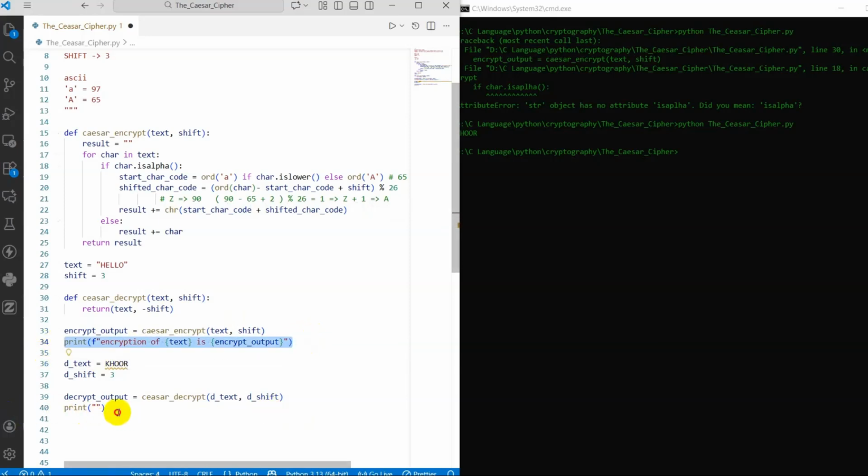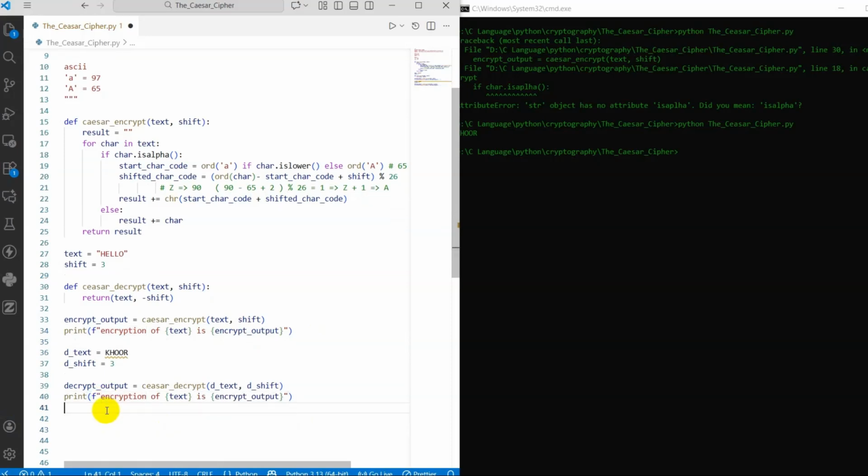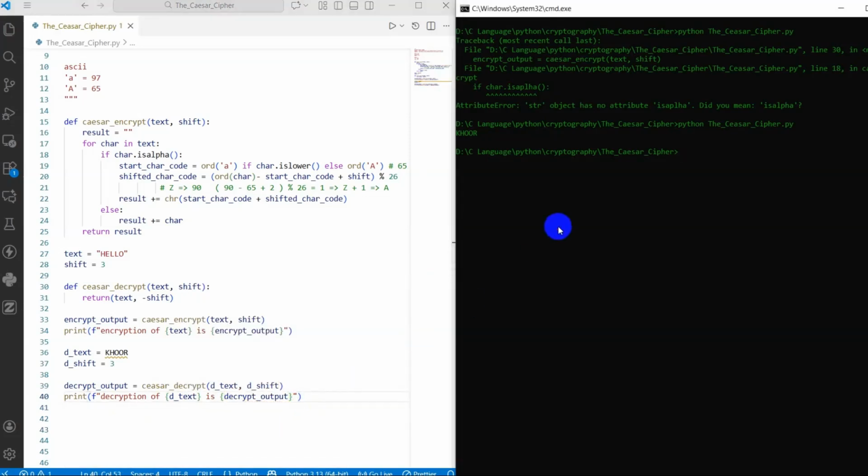And here we can write the same way: decryption of the text is decrypt output. So now if we run this straight,